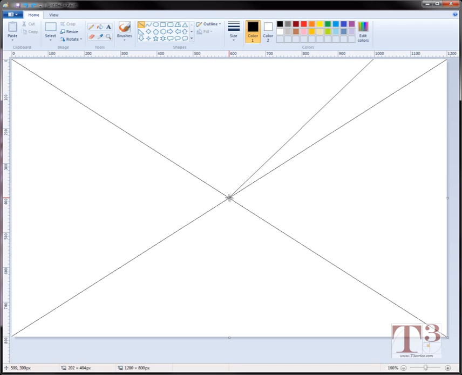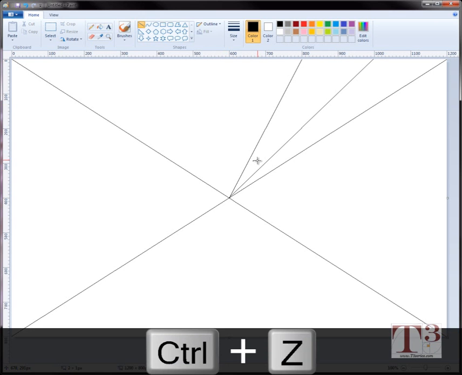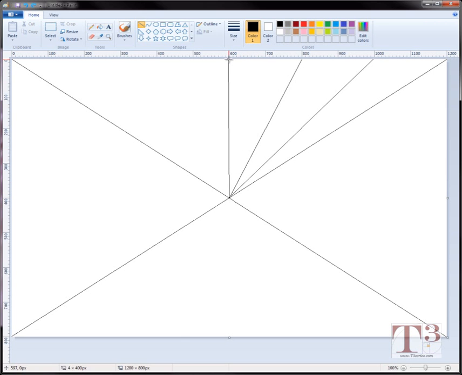Alright, so now I'm going to again start from that vanishing point, and again I'm going off at 800. Check to make sure my 800 is marked. Left click, and sometimes you'll get that little residual dot from left clicking, but that's okay. We can always hit Control Z to make it disappear. Now we've got 600 dead up the middle,